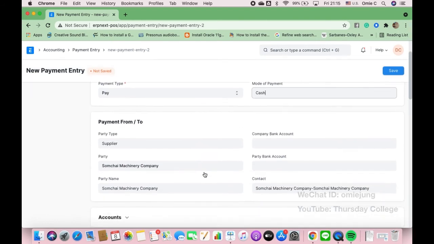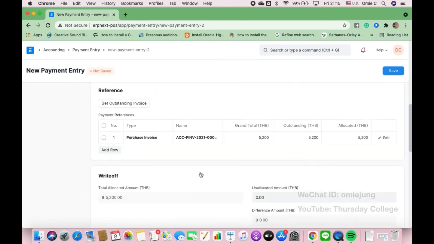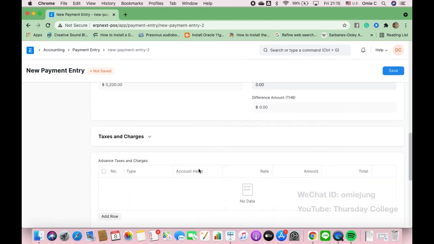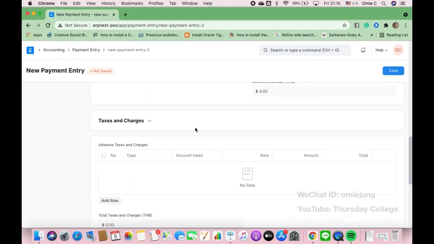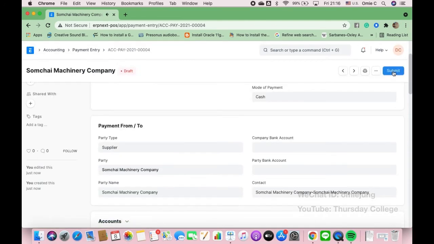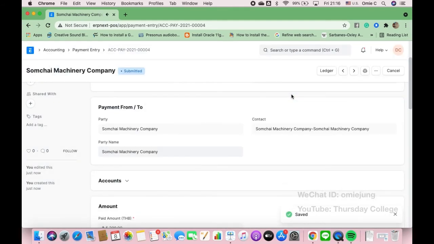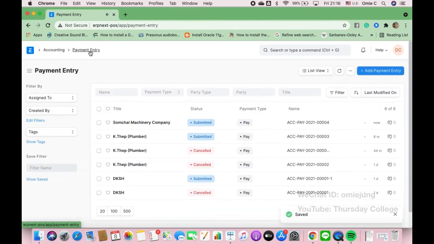So your cash is gone from the account. Then for the purchase invoice, you don't need to put an additional tag because it's not related anymore, since we charged it already. Just that, and then you submit. So it means you pay two times to Somchai Machinery. So if I go into the chart of accounts